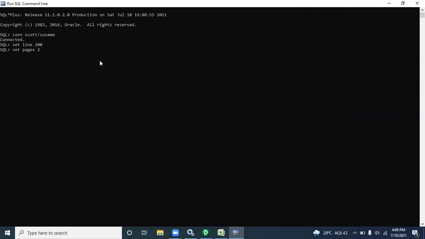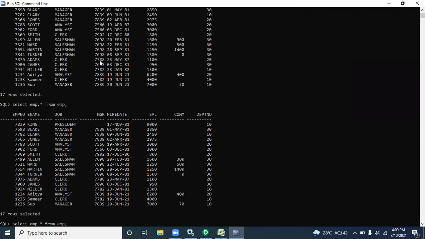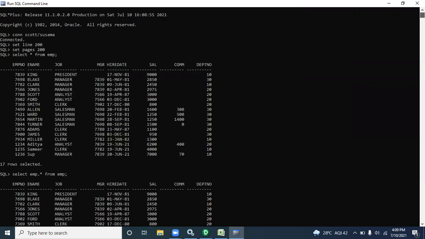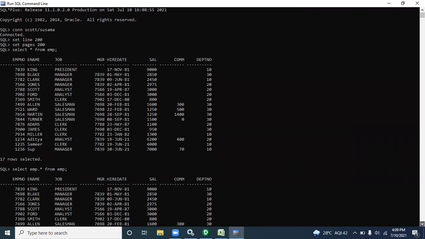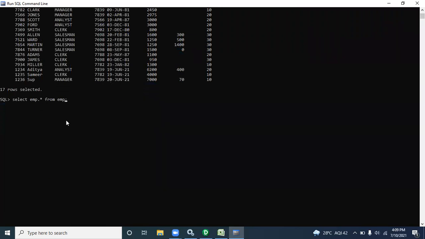Same type of logic in Oracle: select star from the table name. Suppose I want to add some new field.